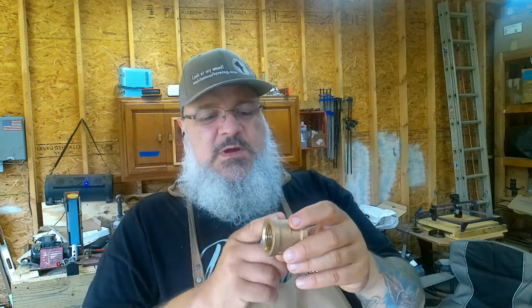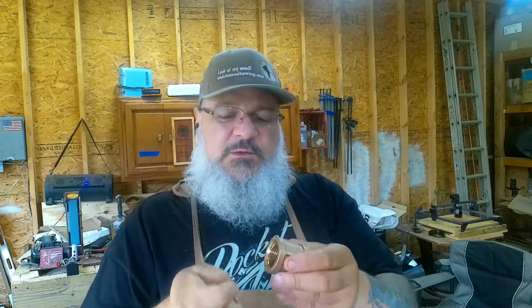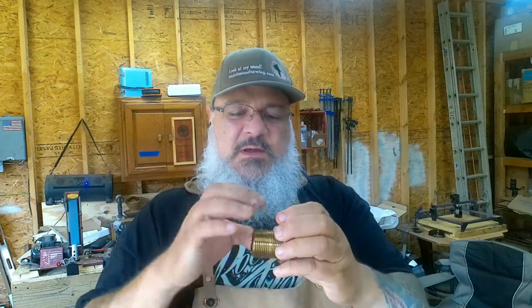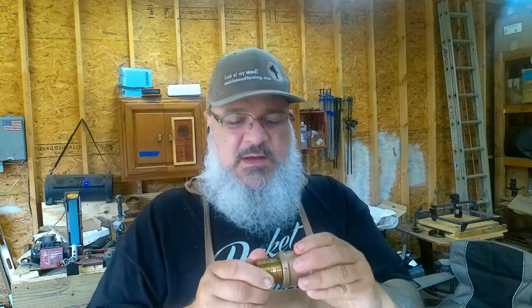So I will be mounting these fittings. This is a brass 1-inch nipple, and this is a brass 1-inch, I don't know what you'd call this, flange or whatever. I'm going to be mounting them in the lathe, cutting them in half and kind of trimming down the sides of them a little bit using carbide tools. This I'm going to cut in half, and then the center here will be what goes into a piece of wood. I will be using two-part epoxy to epoxy each half, male and female, into the wood, and then